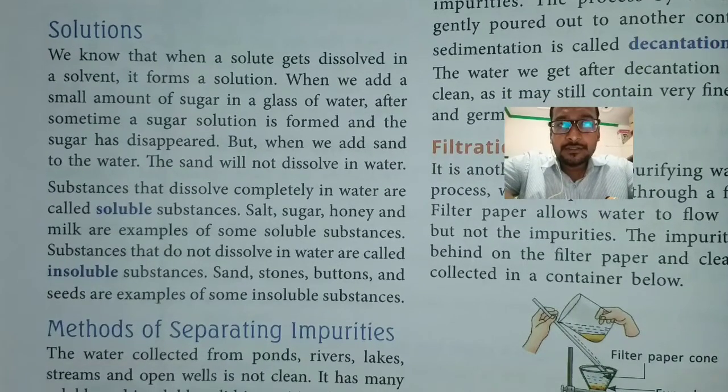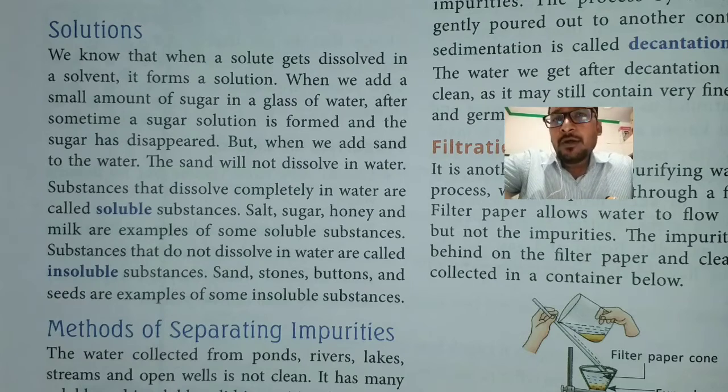Now we have solutions. This is the basic study of solutions. What is solution? We know that when a solute gets dissolved, what is a solute? Like for example, you have a salt and you want to dissolve that salt in a glass of water. Okay, so that salt becomes a solute. Same way with sugar. Sugar is also acting like a solute, which is being added in a liquid. So solvent is given name to that liquid. For example, that water will be the solvent.